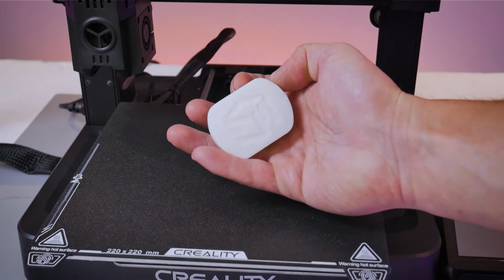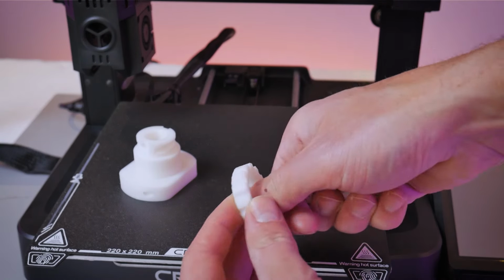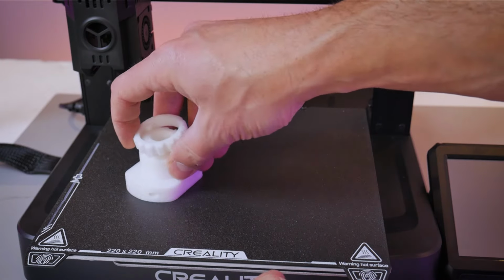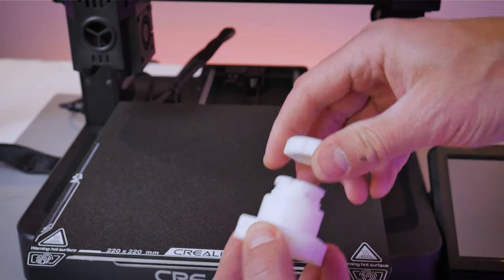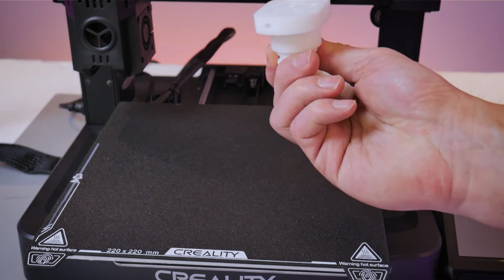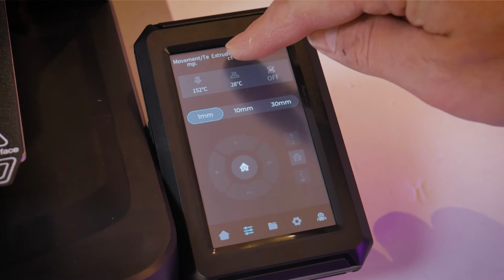Basically, these two parts are a PTFE tube guide, and they're going to take the place of the plastic spool holder sitting way up at the top of the printer. These two parts feature the same sort of twist lock geometry that the original Creality spool holder does, and to get these installed, we're first going to have to go into the control settings, and we're going to change out